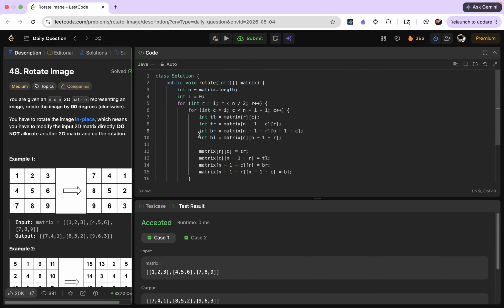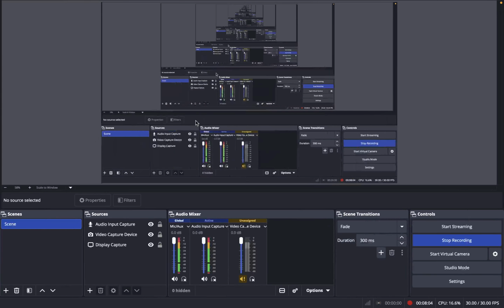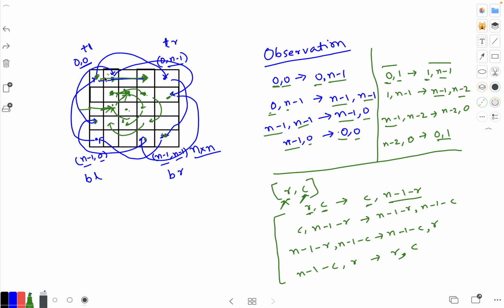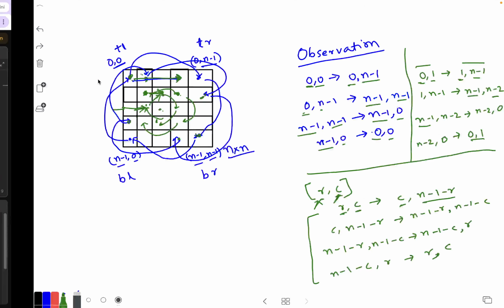So let me walk you through the code. This is the code where n is the length of the matrix, and it is n cross n, so we have one fixed length. The rotated matrix will also have the same length, and we are starting this i. So i is the first margin from the left. It is initially 0,